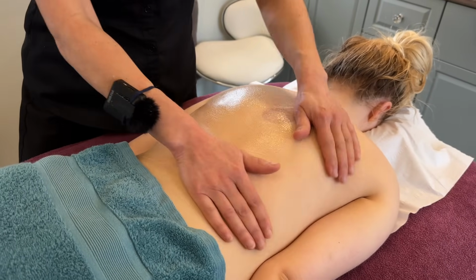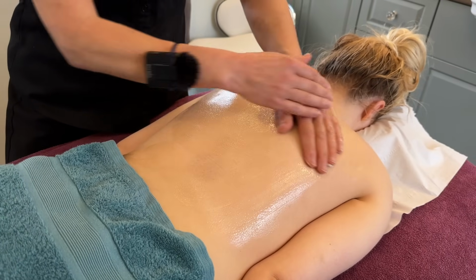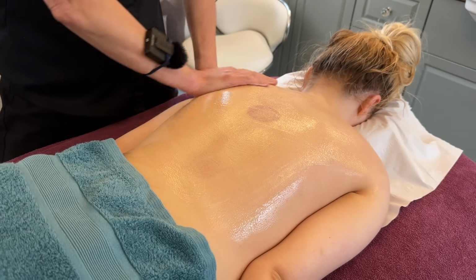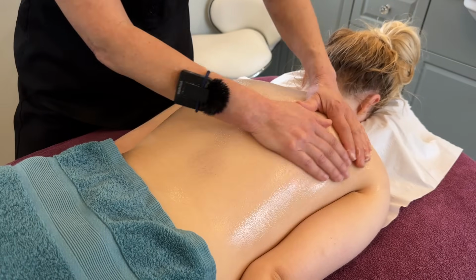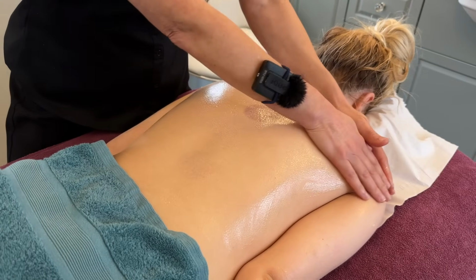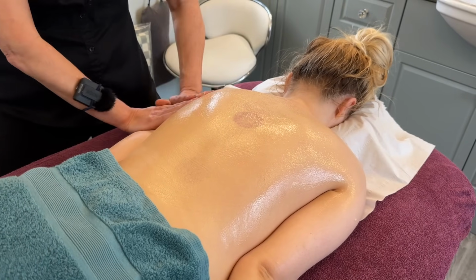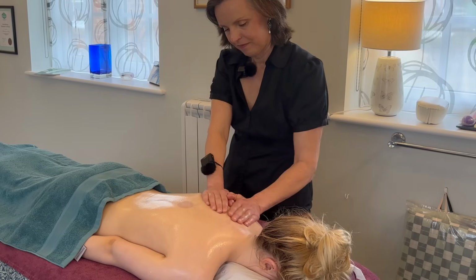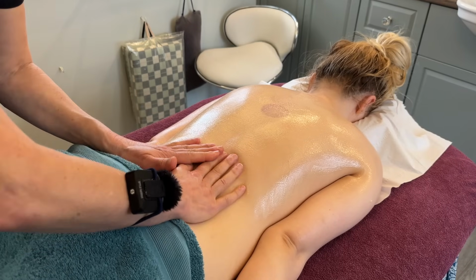So Whipped Body Velvet has Madagascan vanilla extract, baobab oils, and leaves your skin feeling hydrated for days. Applying with a double-handed approach to soothe and reassure the skin. Down the back to the hips,